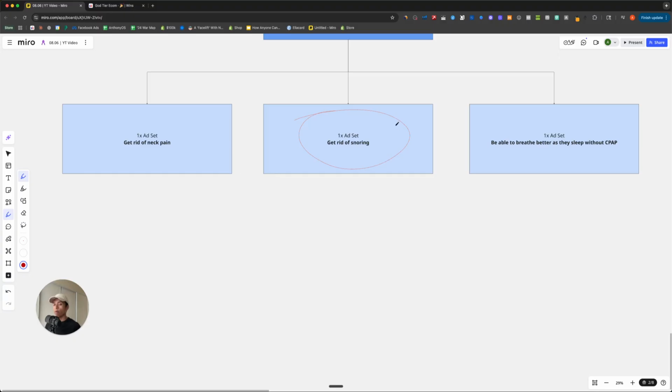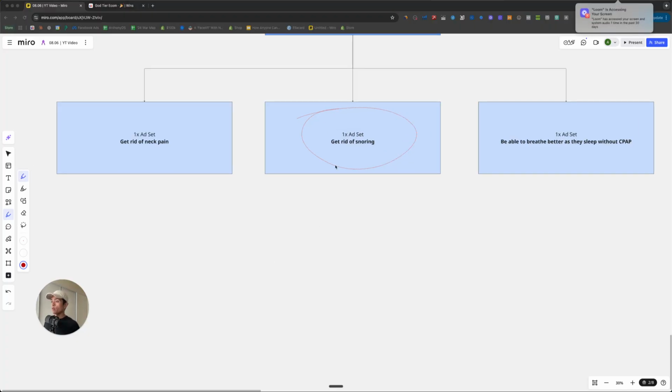And let's say after 3 days, you're getting conversions, and the one that's taking the majority of spend and getting the most volume of conversions, that is what we classify as the winning desire. So let's say getting rid of snoring is now the winning desire after a couple of days of testing. Okay, so now that we know at this stage what people actually want to get out of the product, now